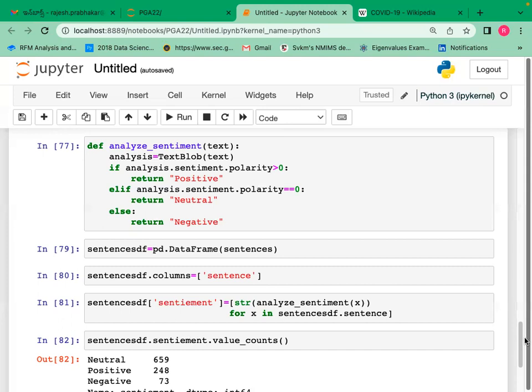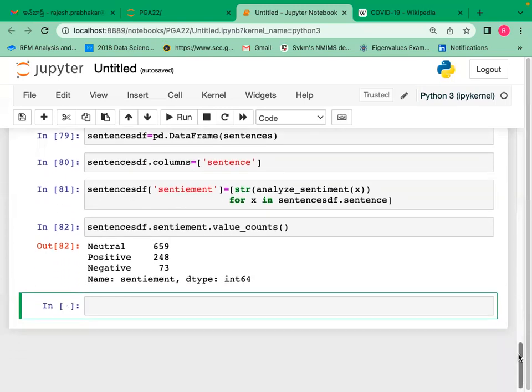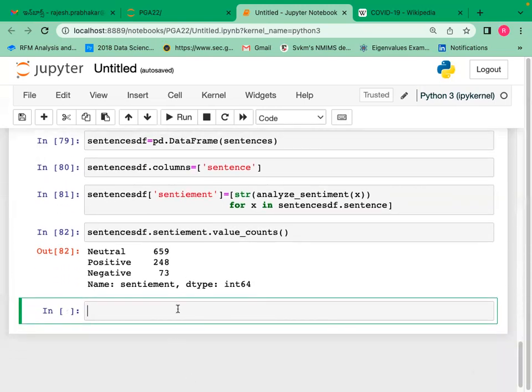Okay, all of you got the sentiments, the number of sentiments. So we got the sentiment analysis done. This is how we do the sentiments. Once you have done that, we can convert it into